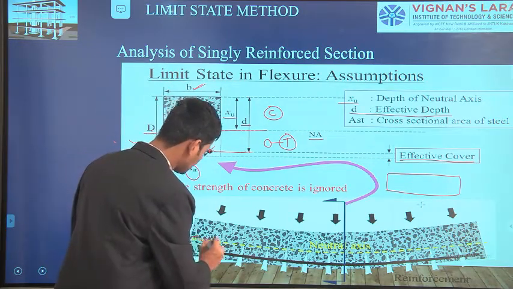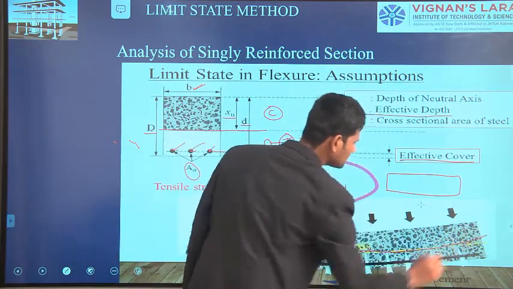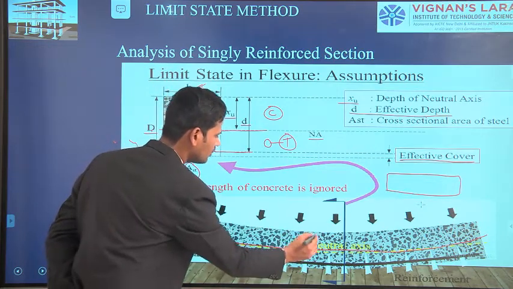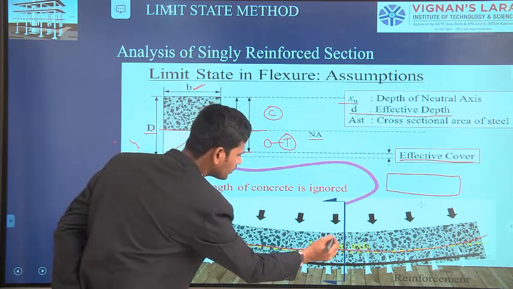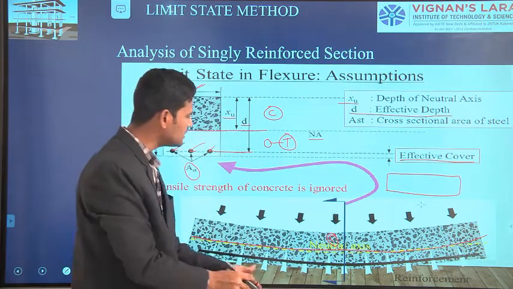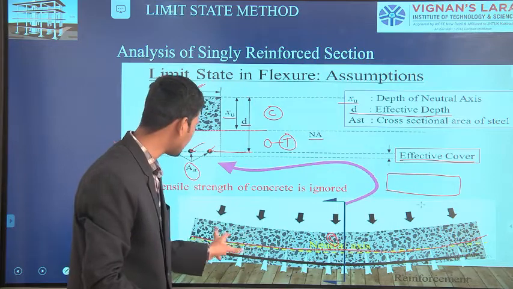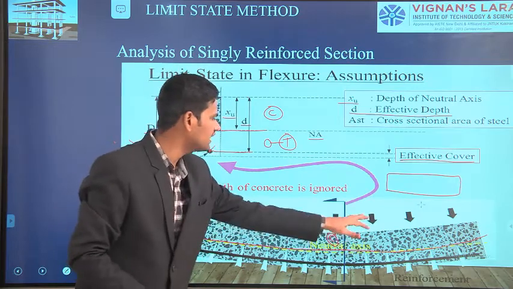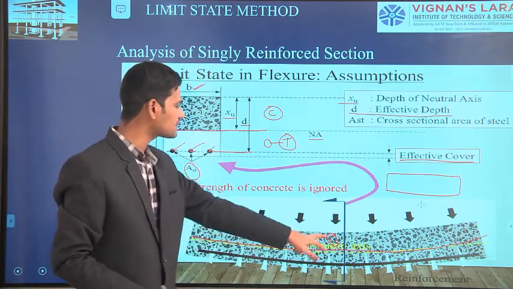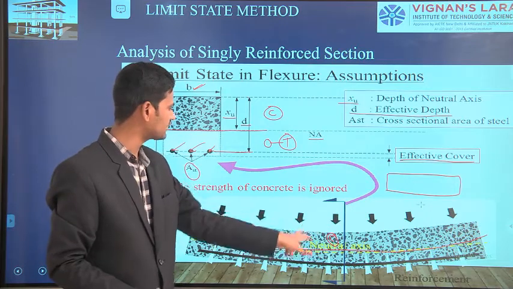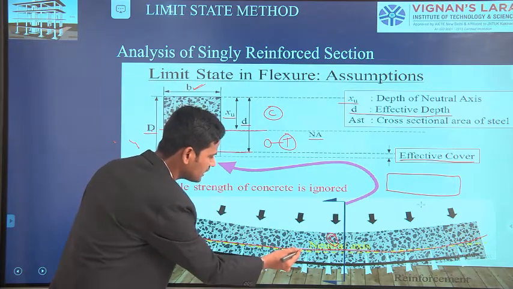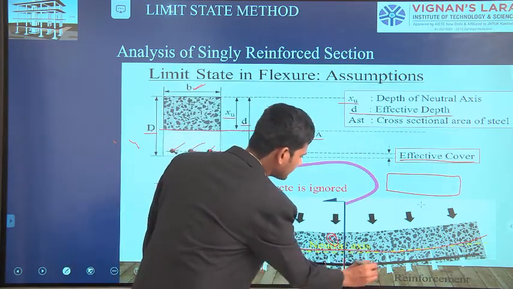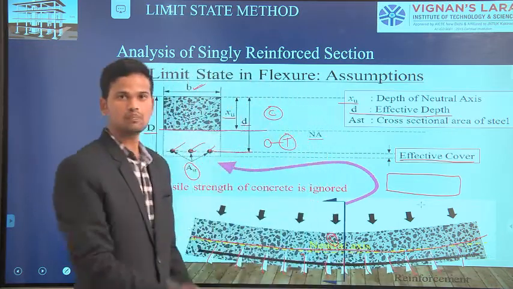If you see here, this is the neutral axis of the sectional member. Due to the application of the load, above the neutral axis is the compression phase. There is no observable effect of cracks on the top of the beam, no cracks are there. That means concrete is strong in this portion. Concrete will take care of the compressive loads. But if you observe below this neutral axis, the concrete is getting cracks. That means the concrete is failing in the bottom direction.